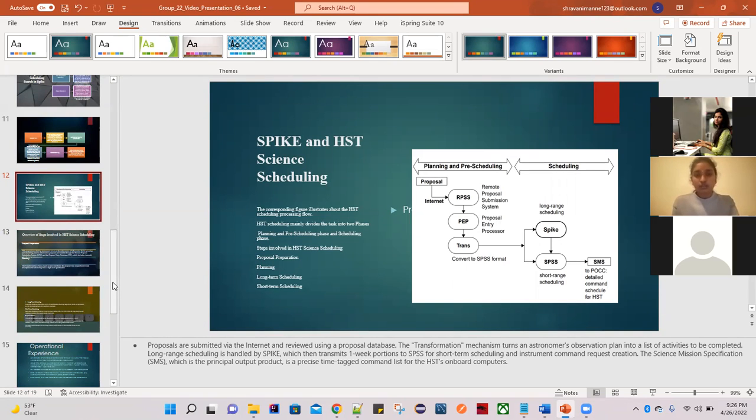Overall, the proposals were submitted via the internet through a proposal database, which is called PEP, the proposal entry processor. And then transformation, which is also called planning, has been applied on these proposals submitted by the astronomers. Coming to the next slide,